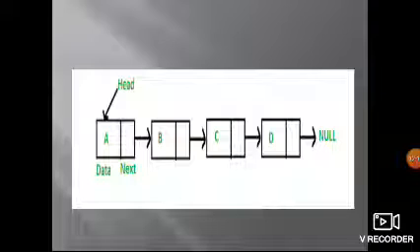Data holds the value, such as ABC or integer numbers. You can declare char and also float values.